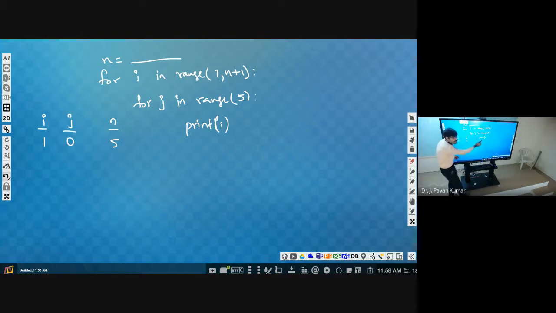Then what will it print? I. What is the value of I? 1. So output will be 1 now. Next, j value will be incremented, isn't it? This loop has to terminate, then only it will take another I value. So now j value will be incremented.